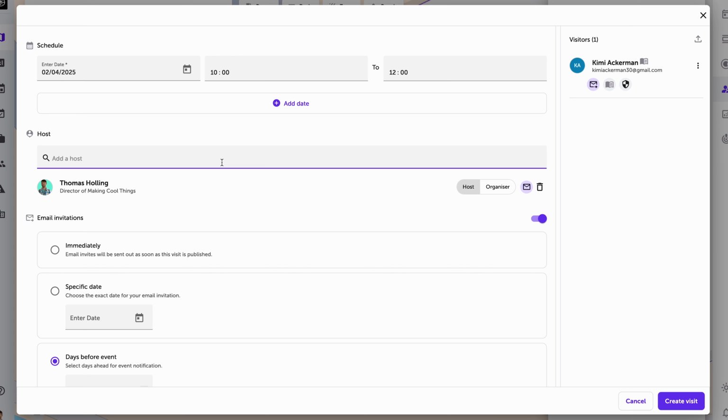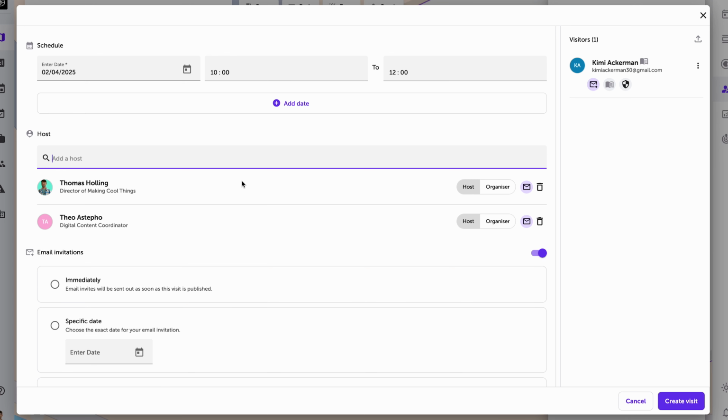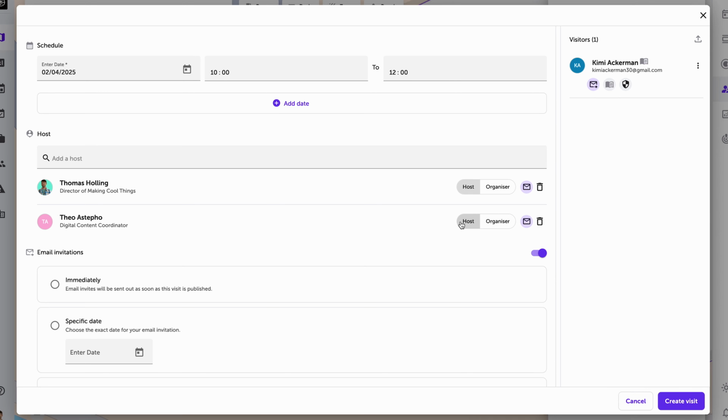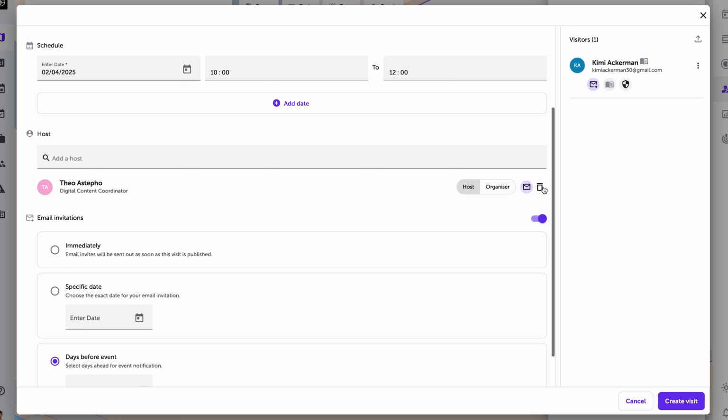However, if I bring my colleague in now, I've been able to add another host. Now, if I wanted them to help out with this visit, I could just make them an organizer. However, this guest coming in might be just to see my colleague, therefore I'm going to make them the host. And while I could make myself an organizer, I'm actually going to remove myself from this meeting,